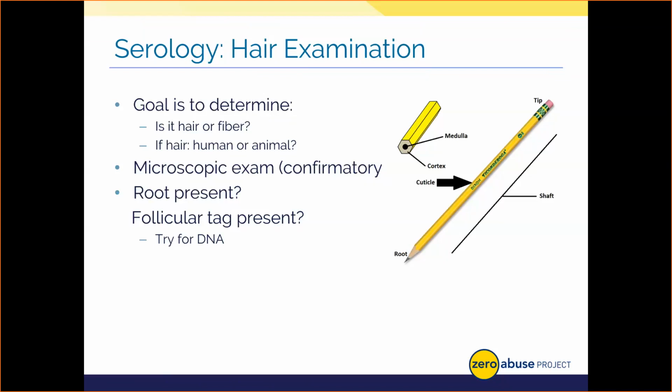Now, I can't tell you who a hair came from unless I get DNA. DNA can come from a couple of places right now. If we have a root with enough DNA, we might be able to pull a profile. If we get a follicular or skin tag, we could get a profile. There is some work out there in the research where people are digesting whole human hair and creating a DNA profile from the fragmented pieces of DNA in the hair shaft itself. But again, that's something for another discussion.